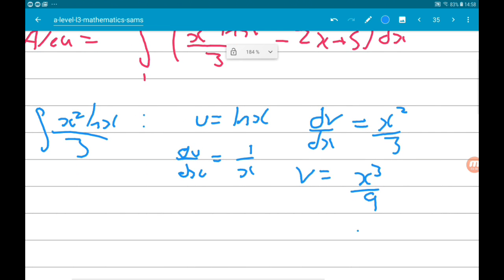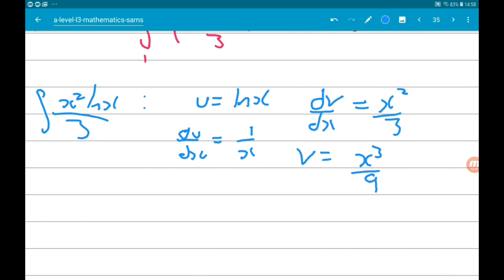So then the integral is uv, so 1 over x times, log x times x cubed over 9, so that's x cubed log x, all over 9